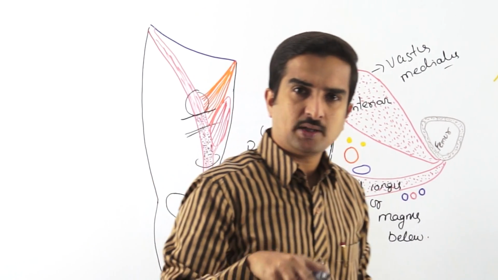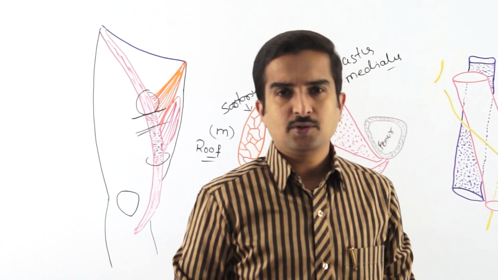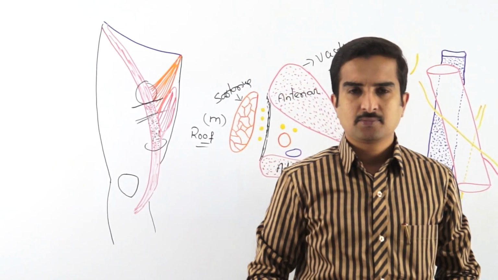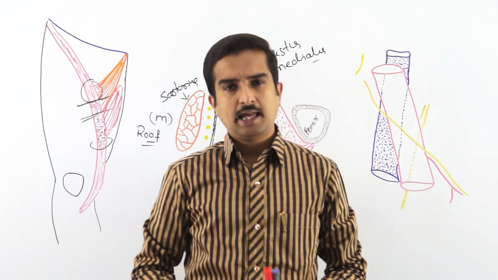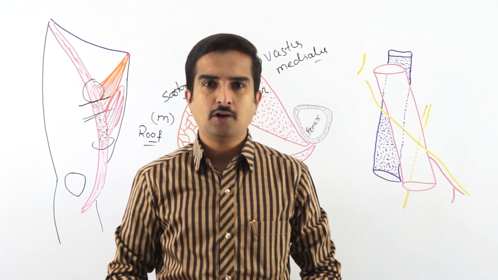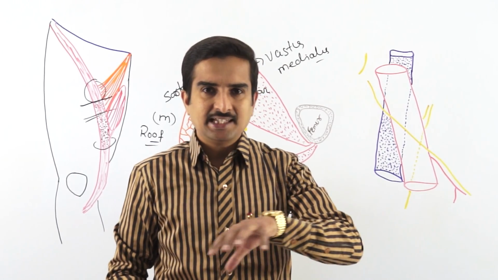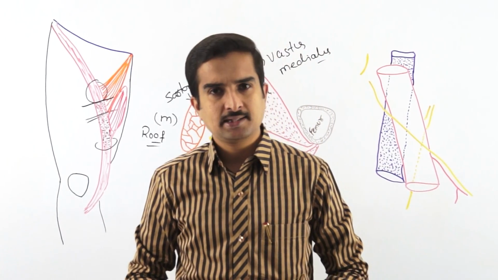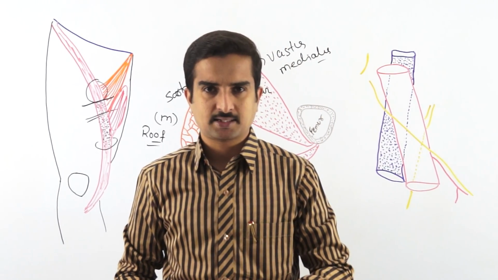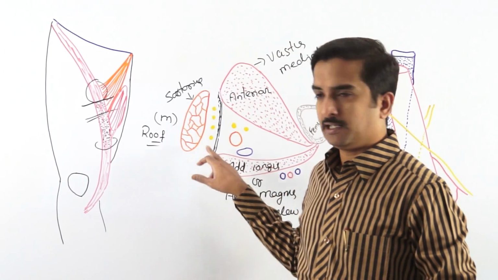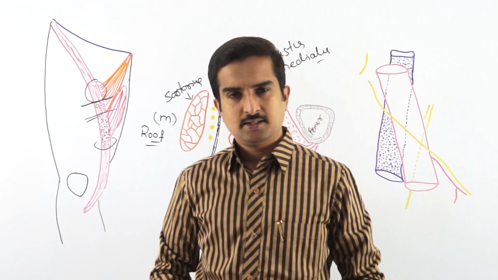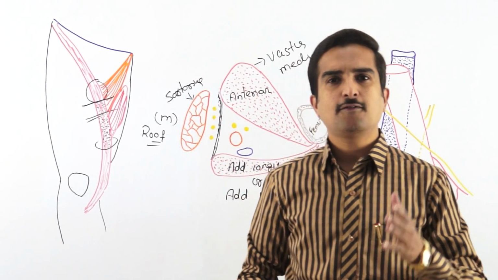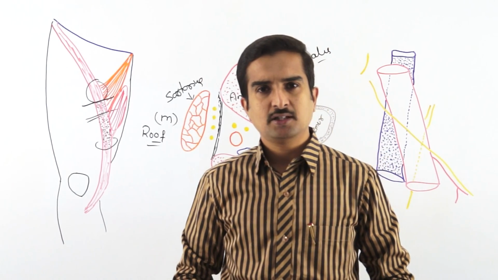These subarterial plexus are the nerves which are derived from the medial cutaneous nerve of the thigh, the saphenous nerve, and the anterior division of obturator nerve. So these three nerves give off small branches called the subarterial plexus. These subarterial plexus are present between the sartorius muscle and the strong fibrous membrane which forms the roof of the